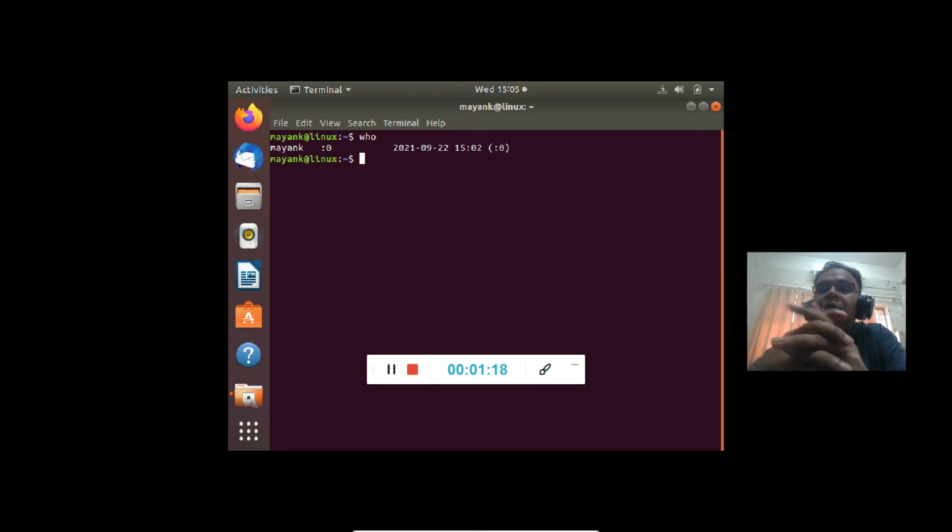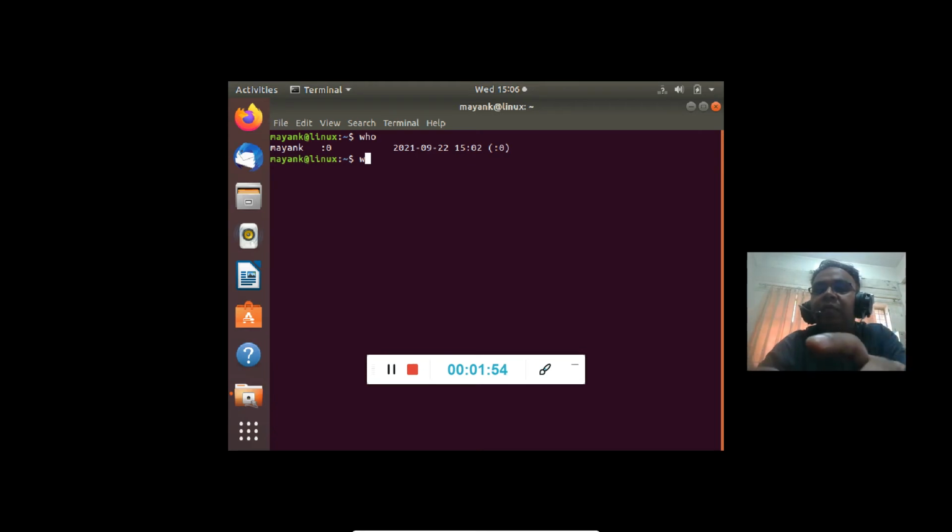Now Linux has a very powerful tool which is known as a pipe. The symbol of pipe is this vertical line. What this pipe does is that it takes the output from the command on its left and gives it as an input to the command which is written on the right-hand side of the pipe. For example, there is a command known as word count, wc. This wc counts the number of words, lines, and characters of whatever input it is applied to.